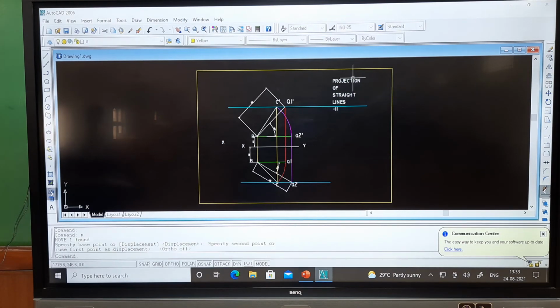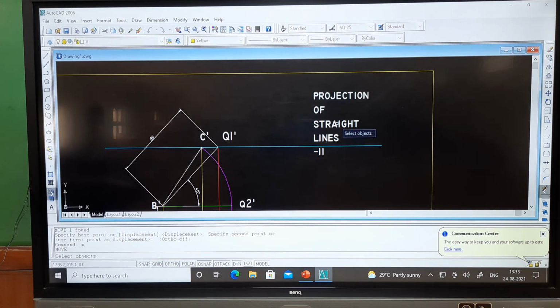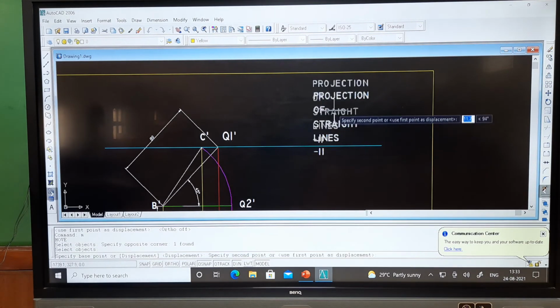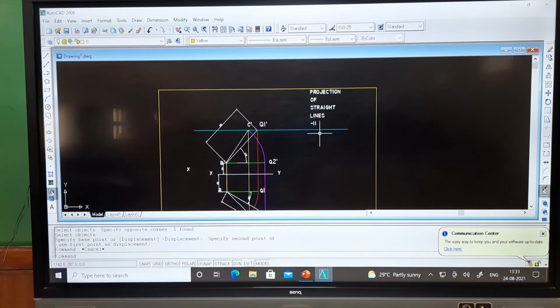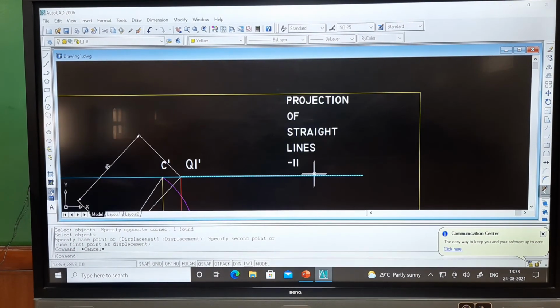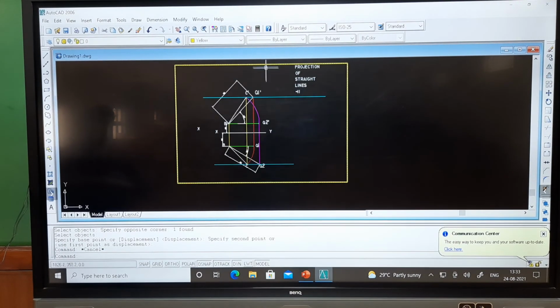Ortho projection of straight line. This is the topic. I will move this one a little bit up. Yes, if you see here, we are getting the projection of straight line. This is our topic, sheet number 10. So by this we have completed this one.